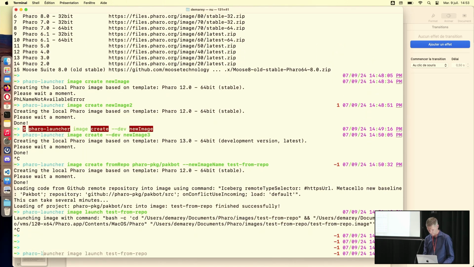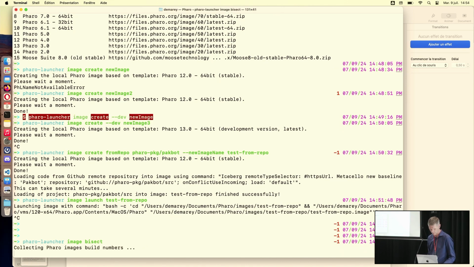So you do Pharo launcher image bisect. It will collect Pharo image build numbers. So it will ask me, what is the first non-faulty image? If you do not know, for example, for the current development image, it will take the first one.